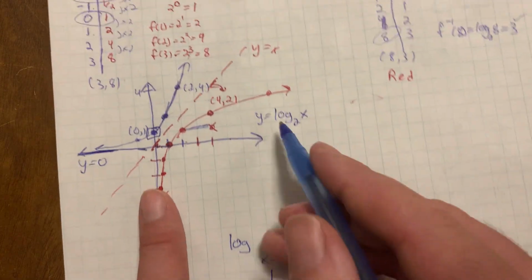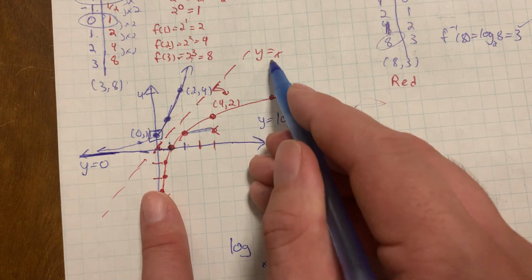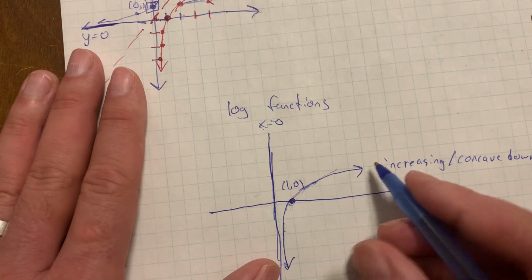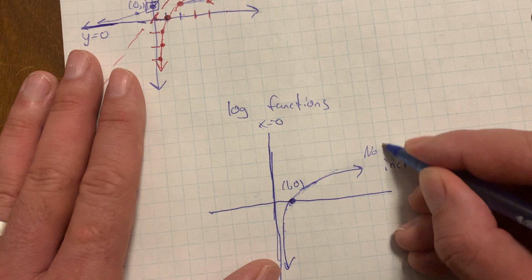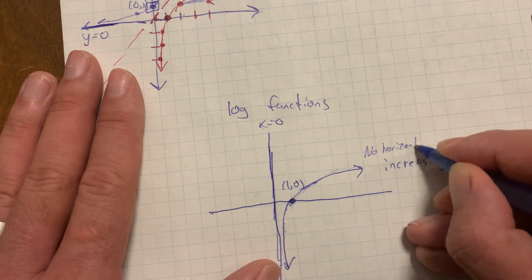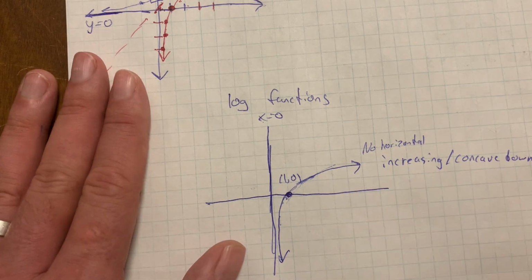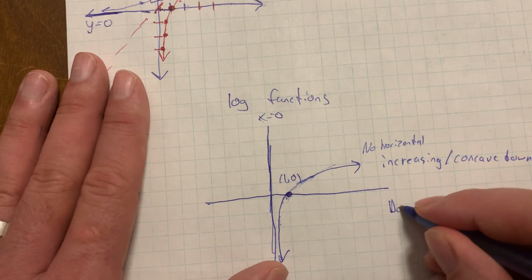So the higher up you go, the further x has to increase. But there's no horizontal asymptote. Even though it looks like it might be bending down, it doesn't come back down like a parabola, and there is no horizontal asymptote. The domain,